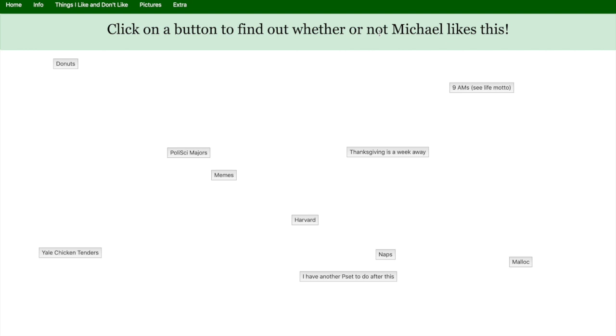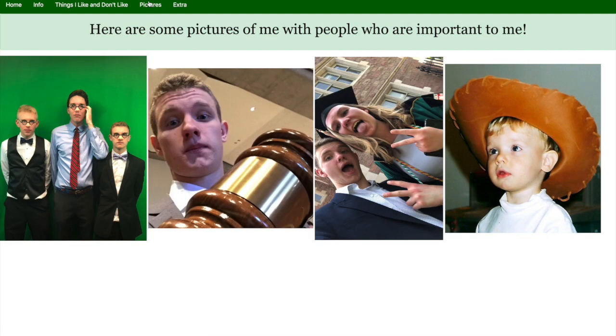So this was by far the hardest page to make. It took the most time. It was really hard to figure out how to randomly generate the positions, but I think it's a cool feature. It's very interactive. It's very cool. It's different every time. So the next page we'll go to is pictures, which just gives you quite simply some